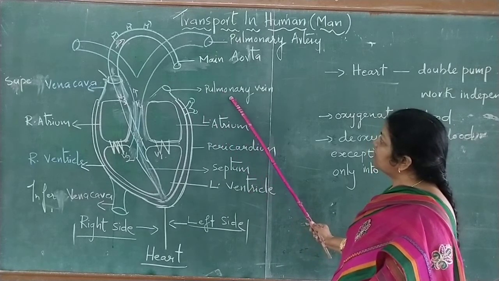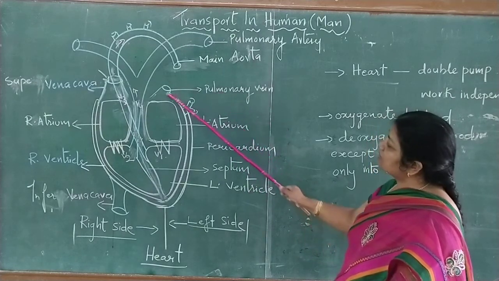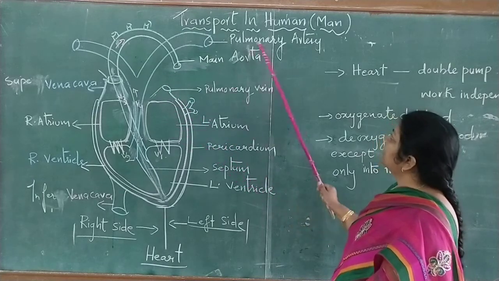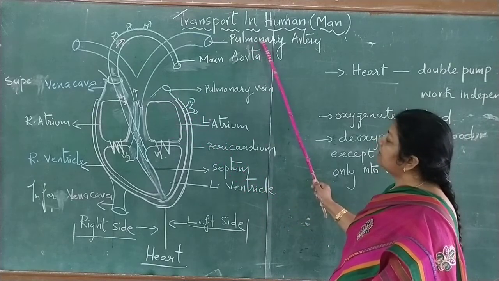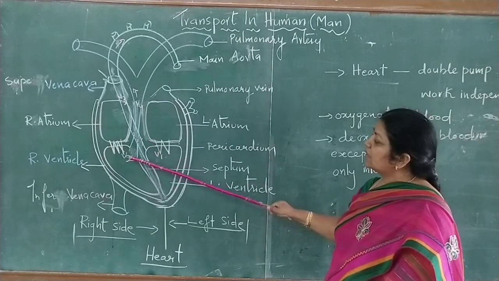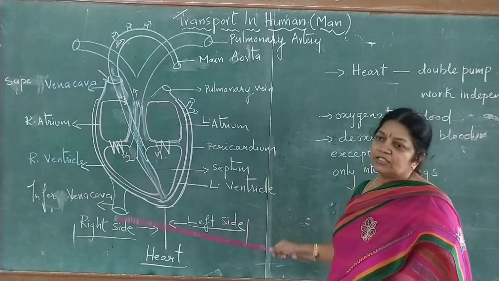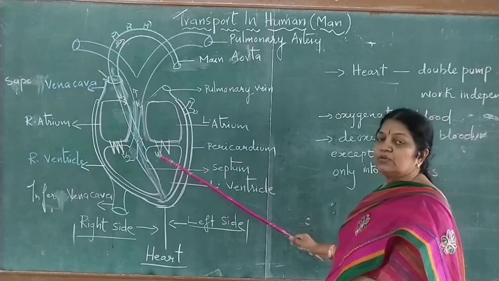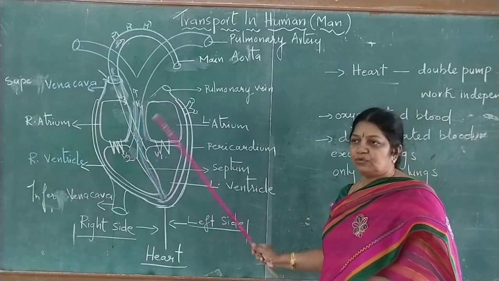Here you can see the pulmonary vein, which brings blood from the lungs and pours it into the left atrium, and the pulmonary artery, which carries the impure blood to the lungs for purification. This is about the heart parts; how it works is what we have to learn